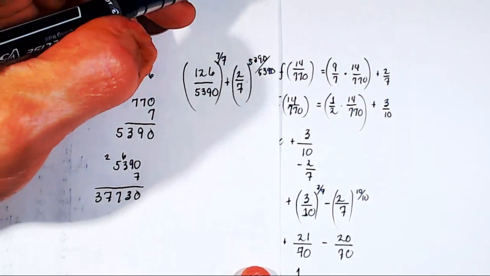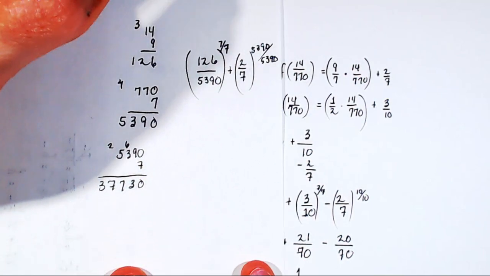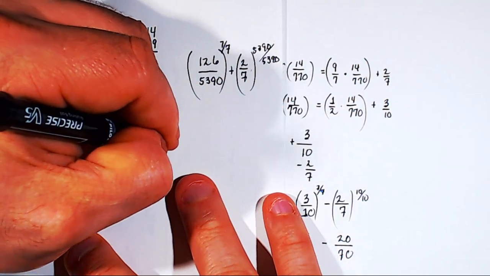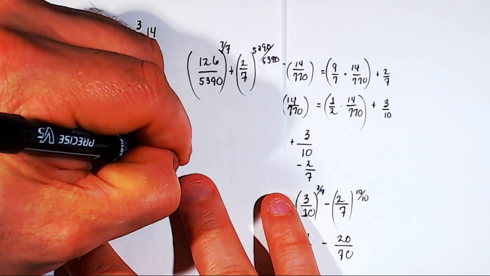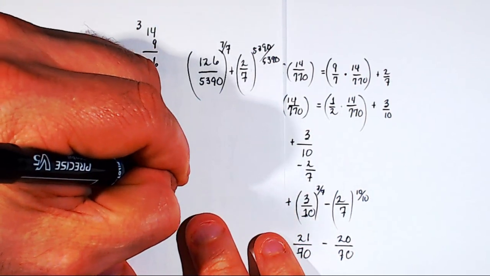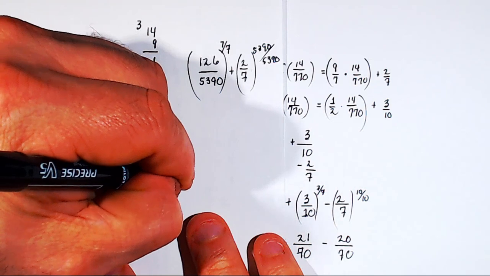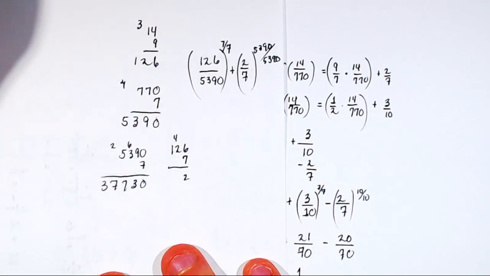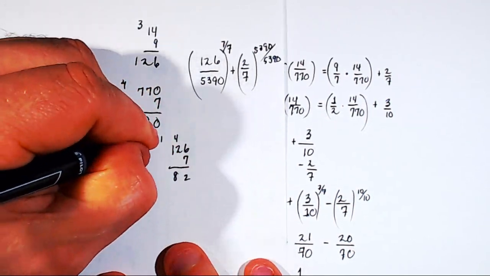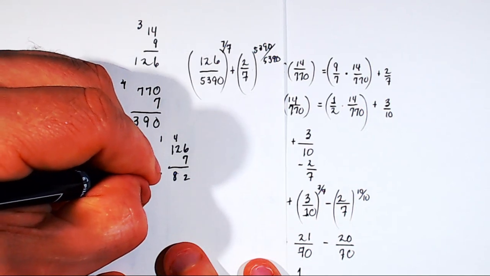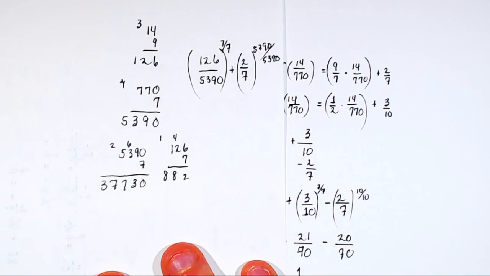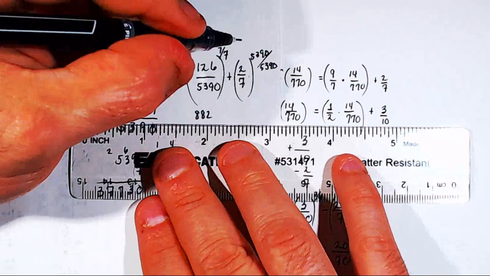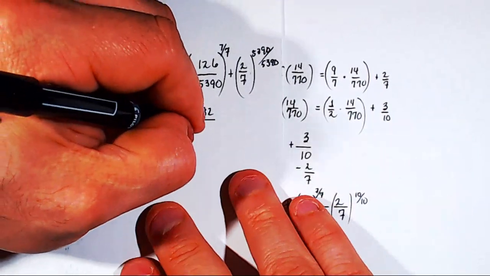And what I get is, let's do some more multiplication here. 126 times 7. 6 times 7 is 42. 2 times 7 is 14, carry the 4. With the 4 I've got 18. 7 times 1 is 7, plus 1 is 8. So that's 882. This is 882 over